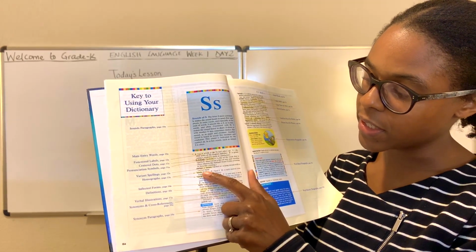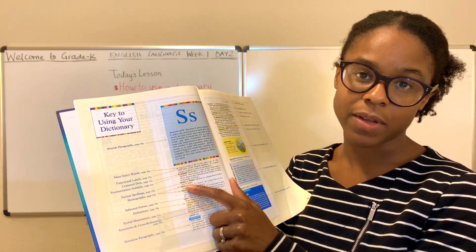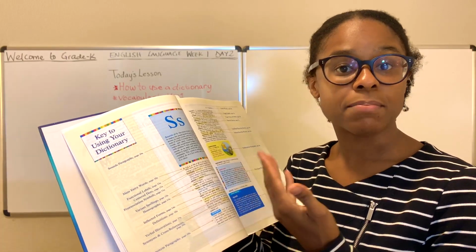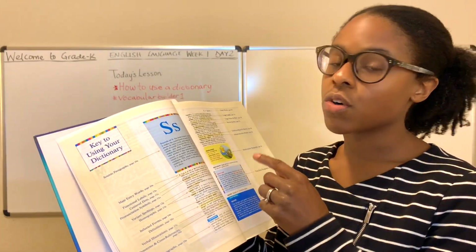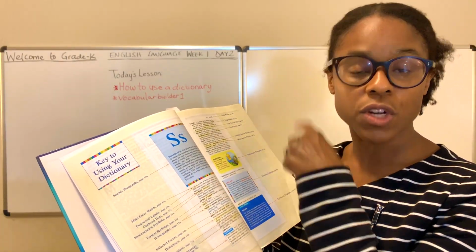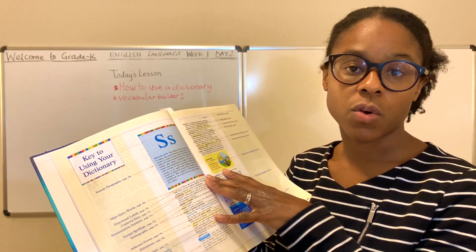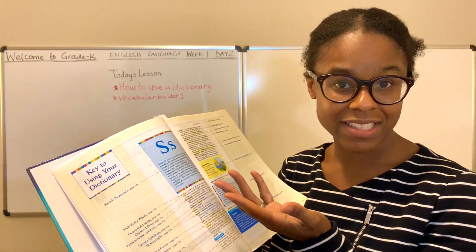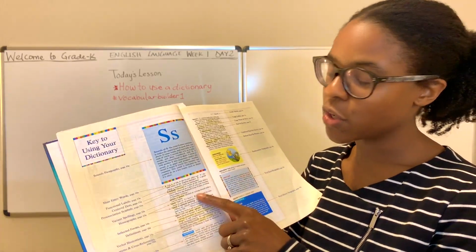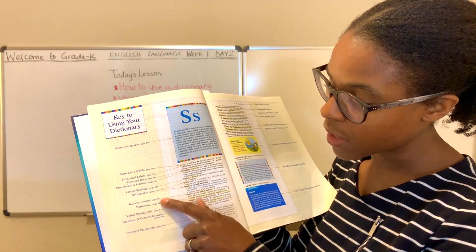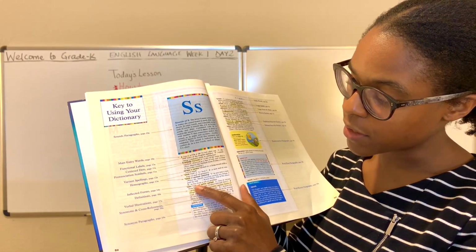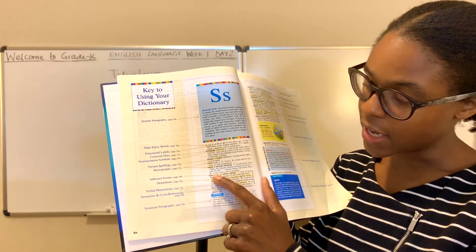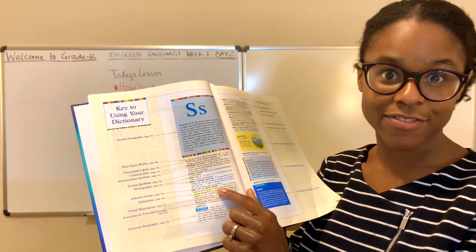Homographs, you have homographs in this area as well. A homograph is a word that may have the same spelling and the same sound, but it can mean multiple things. There's also homophone, which is in your worksheet today, which is a word or words that have the same sound, but they have different spellings and also different meanings. So you want to keep a close eye out on that. And we have inflected forms. An inflected form is if you take that form, like the word safe, and make it safer or safest,